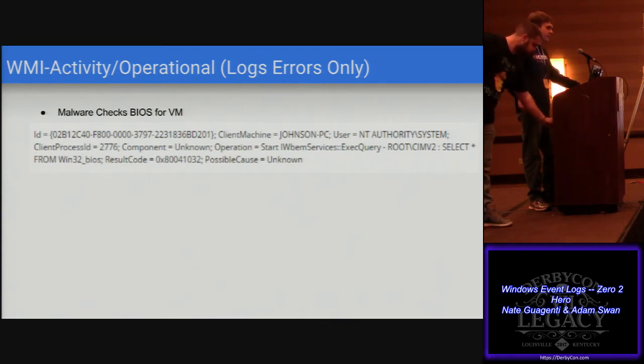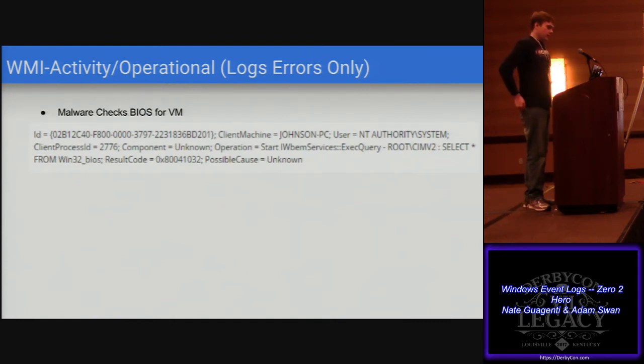All right, so, moving on. WMI. If you haven't read his paper, Matt Graber, 2015 Black Hat, it's the authoritative document on WMI. Pretty much every WMI talk since has just been Matt Graber's paper. Anyways, some of the stuff gets logged automatically by Windows to WMI Activity Operational. If there's an error,